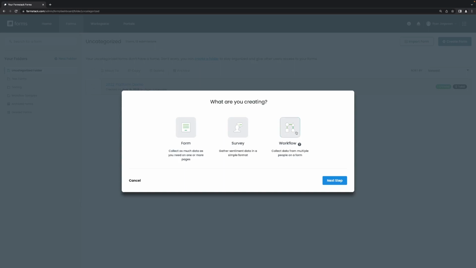Now, how are these different? A form is going to be static with fields that can be used for collecting information from an individual. A survey will also be static, but it will show one question at a time on the screen, while a workflow is going to be more complex and would let you create a sequence of events for your form with